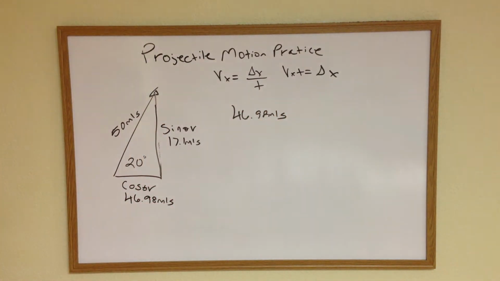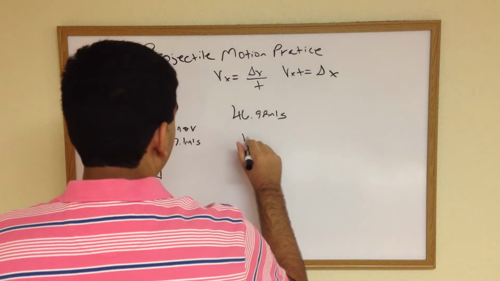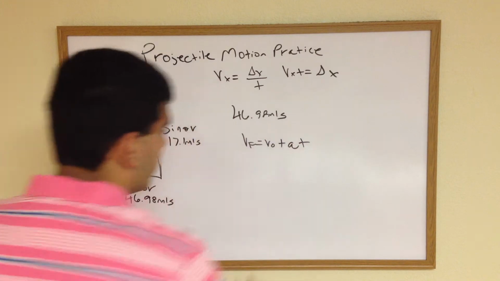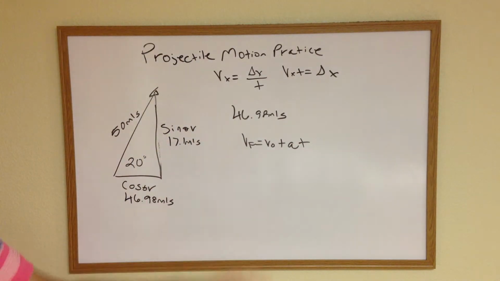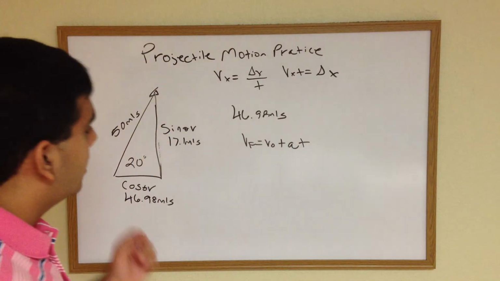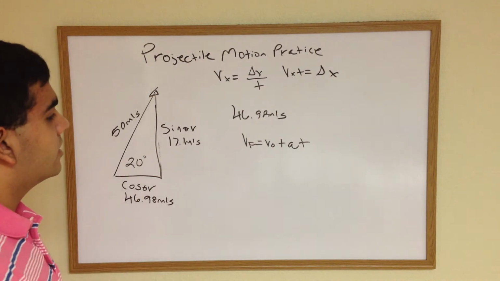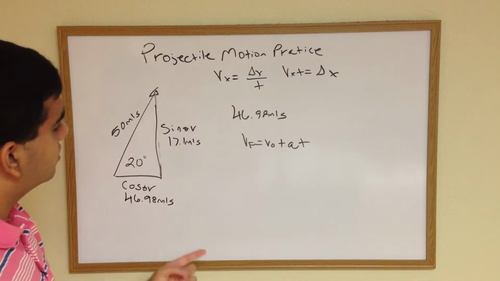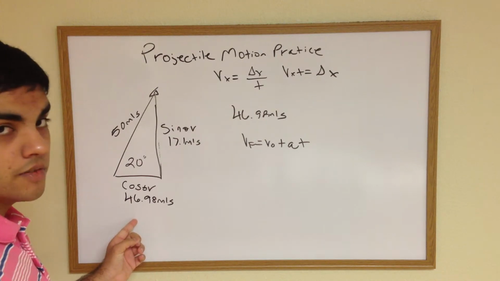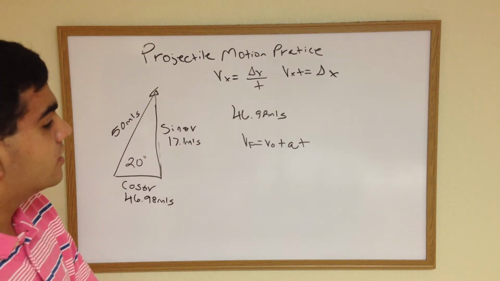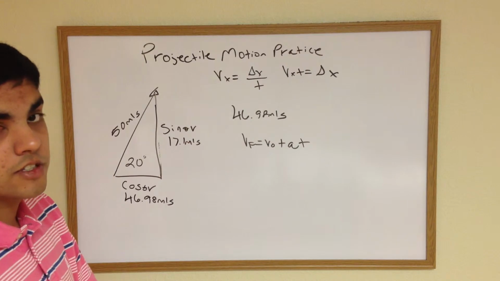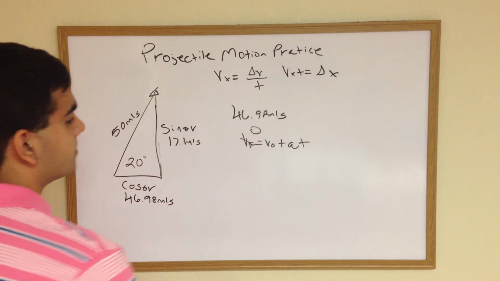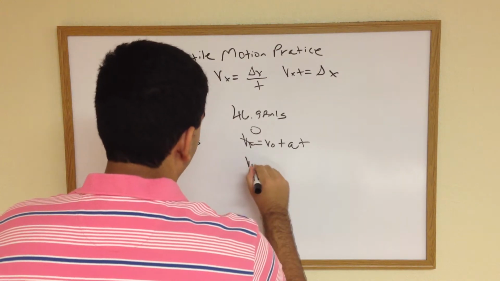How do I figure out time? Well, I can do final velocity equals initial velocity plus acceleration times time, and that's one of our kinematics formulas. And one thing I know about this is that the initial velocity it's launched is cosine theta v, and when it ends, it's going to be 0 meters per second. So my final velocity is 0, and I'm solving for the time. So this in turn equals 0